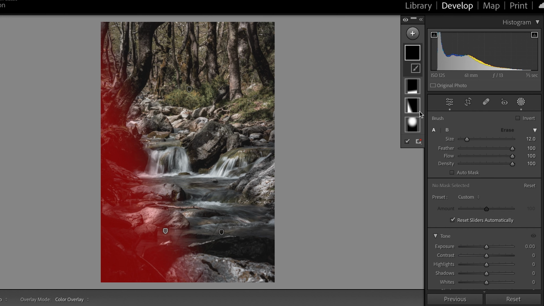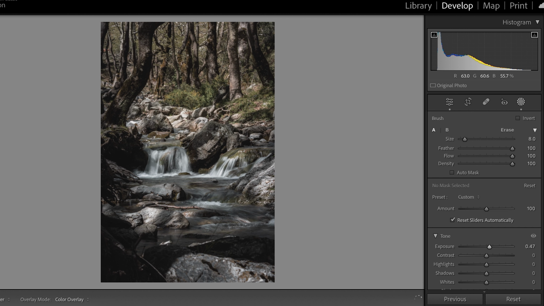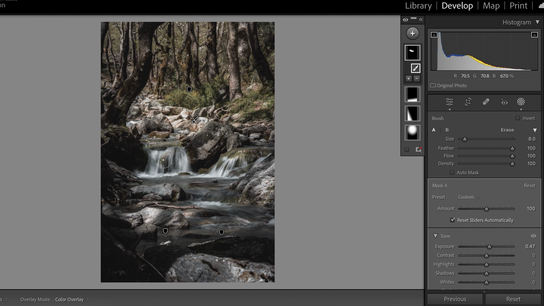Now we're going to go even more detailed, and we're going to do some dodge and burn in Lightroom. So I'm going to grab a brush, and I'm going to raise the exposure up quite high, more than I would. This is just so I can see what I'm affecting. And I'm going to brush across some of these areas which were the brightest. So that was like the rocks over there, the waterfall coming down, this waterfall here as well, and then just like a little sprinkling